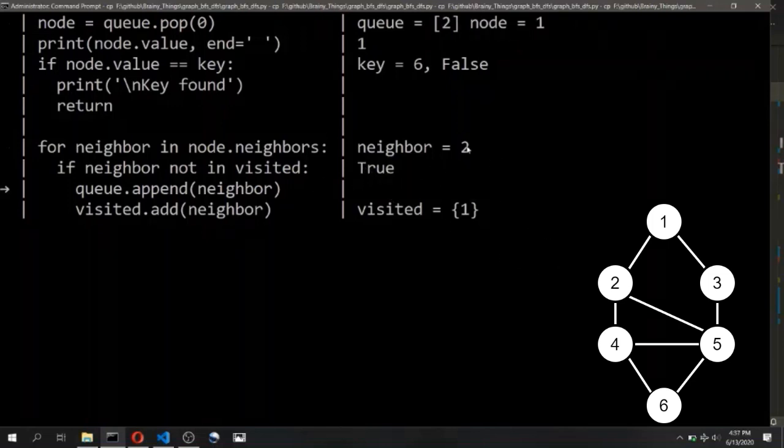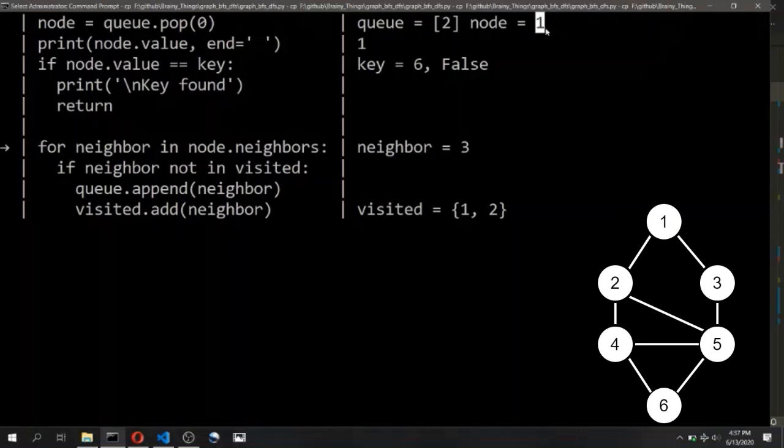The next line adds the second node to the queue like this. Again, the queue will contain actual node references and not the integer identifiers. This is just for demonstration, and same goes with the visited set, and the node 2 gets added in the visited set as well.